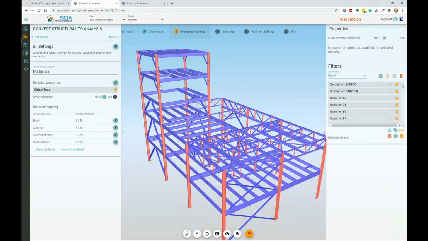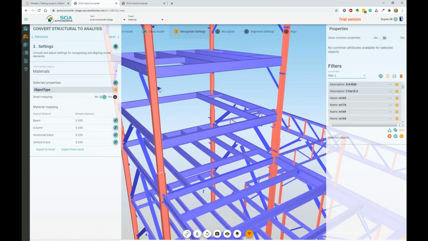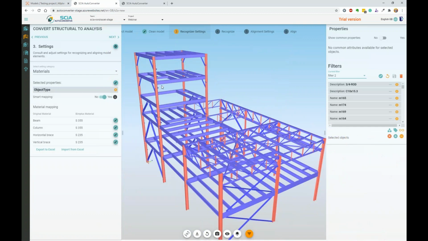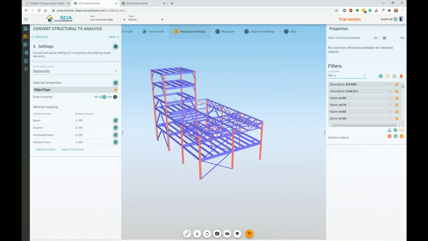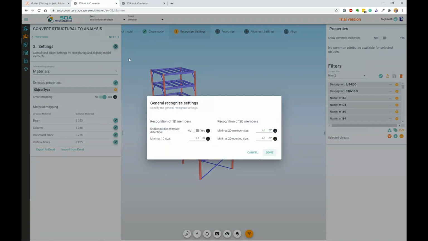So now about those small things that I mentioned before, that I've kept like that on purpose. And that's tip number 2: don't sweat the small things. And you can take it literally, because we have a possibility to say which object is small and which object isn't small. And then when we run the recognizer, those objects can be excluded from being carried over to the next phases. Now, because this is a frame structure, there are only 1D members. So let's say I don't want any 1D member which has less than 1.8 meters, just